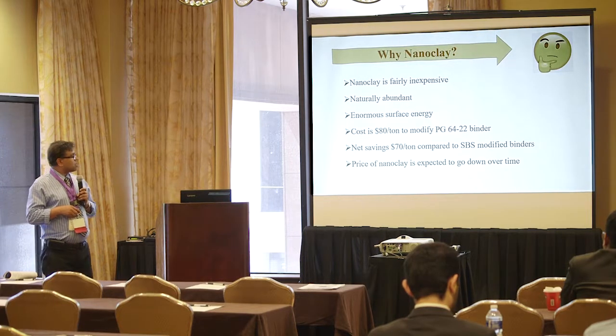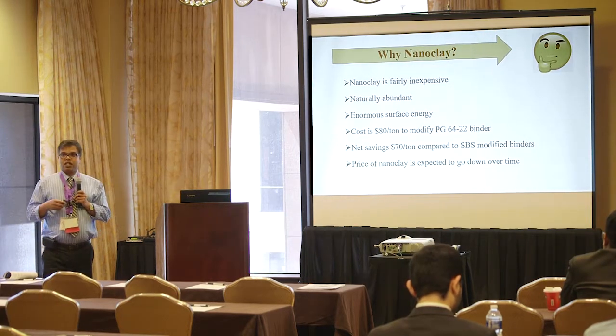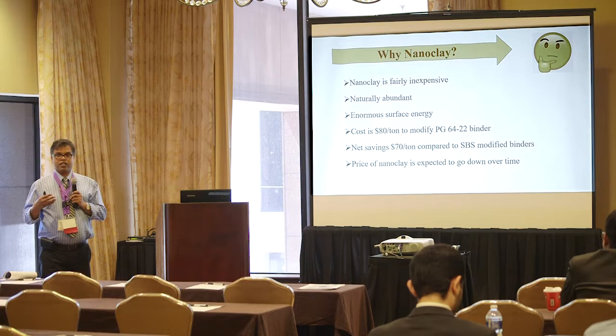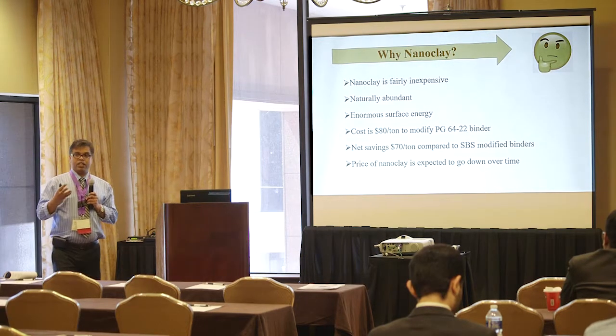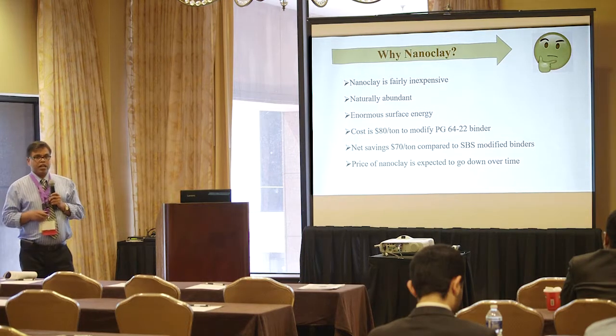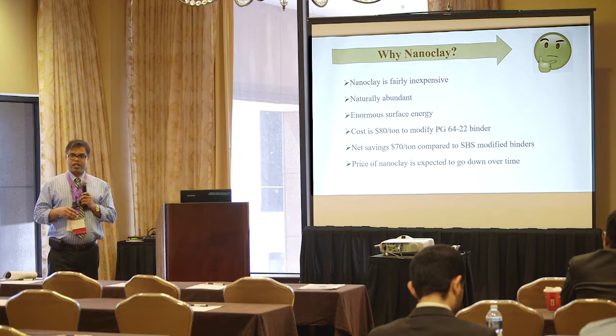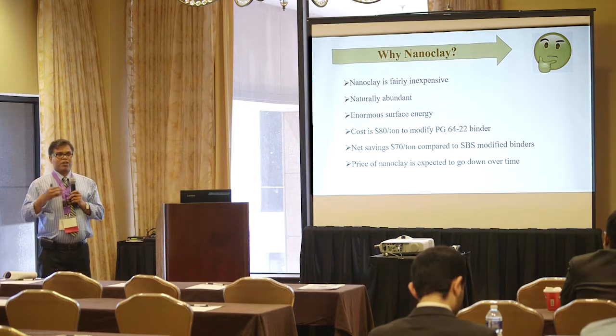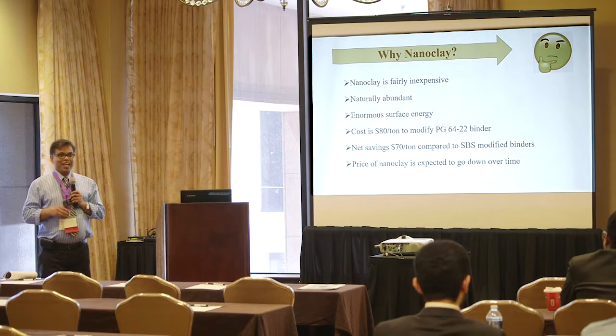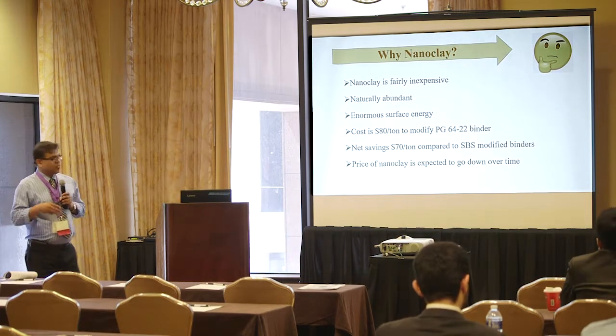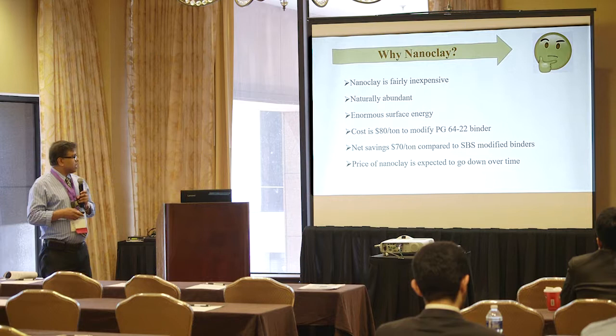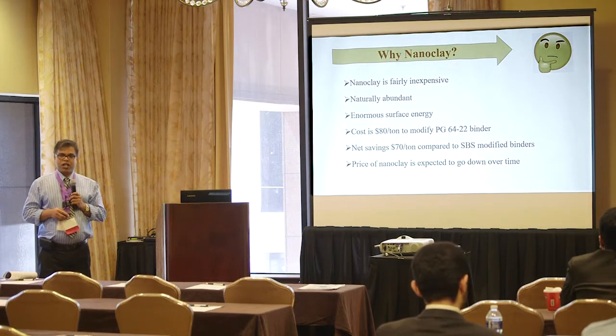And on cost, in general, we have found from the literature that if you use polymer, you need about $80 per ton for the polymer itself. And if you use nanoclay, that is about $10 per ton. If you use bulk amounts, like Alibaba, they are selling tons and tons. It is very cheap, so there is net savings. That was the primary motivation for the use of nanoclay.